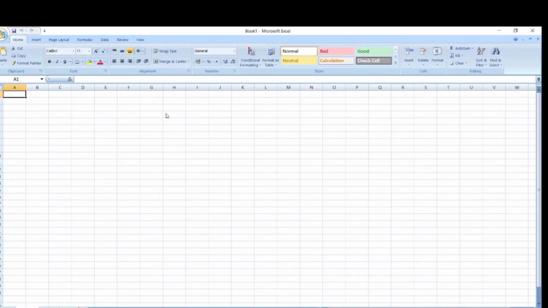Here you have seen that by using the shortcut Excel, a window appears. That is, the Excel window appears on your screen. First let me discuss the components of the MS Excel window. This one is the office button. This bar is called the quick access bar. This one is the title bar that represents the name by which your file is saved. Here there are three buttons: minimize, maximize, close.